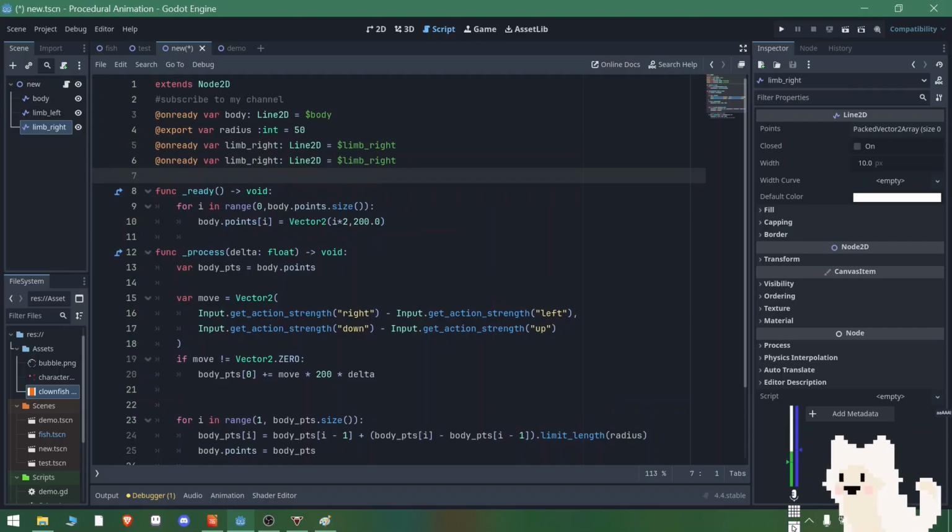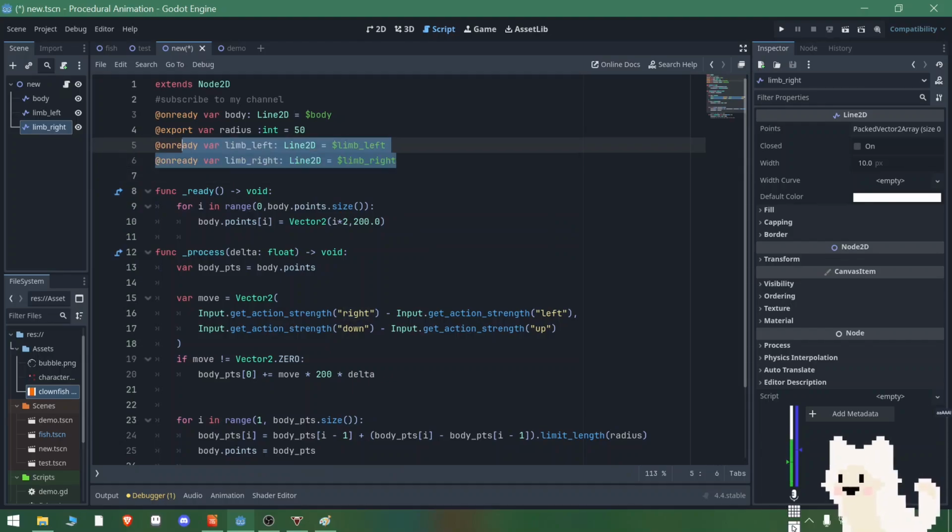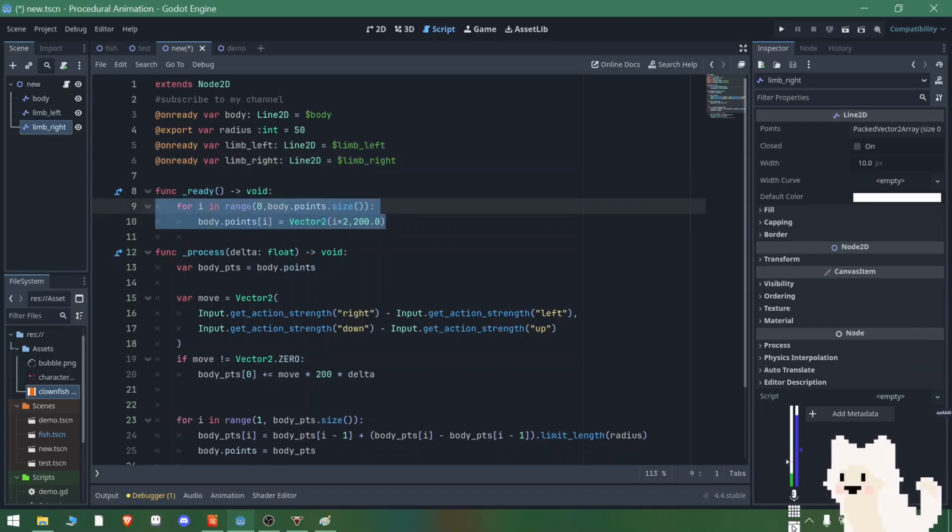Okay, so now we got these limbs. This should be limb left, and this should be limb left as well. Now we got the limb left and limb right in our code. Now we need to change these values. So for that,